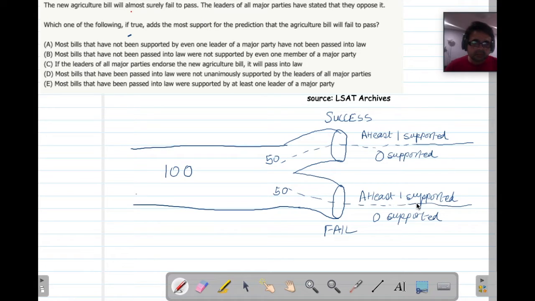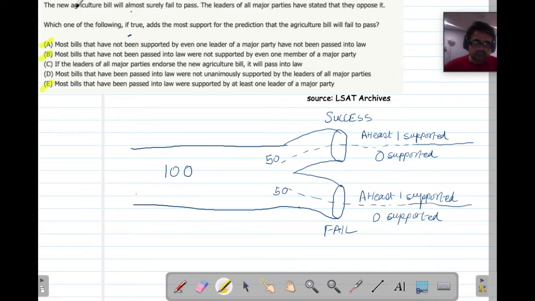Hello everybody. Today I'm going to talk about this question that came up in one of the WhatsApp groups. It is coming from an LSAT archive for CR, and there was some confusion around three of the answer choices. With answer choice A, people weren't sure which of these choices most supports the prediction. So let me just review the question first, and then we will jump into it.